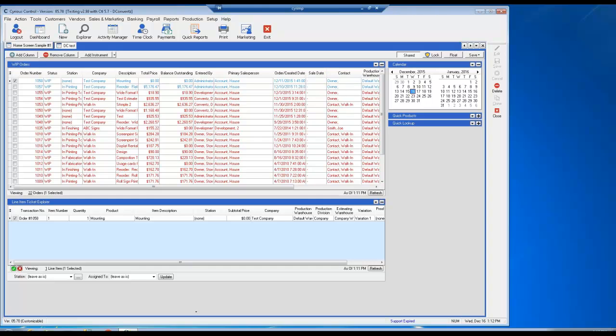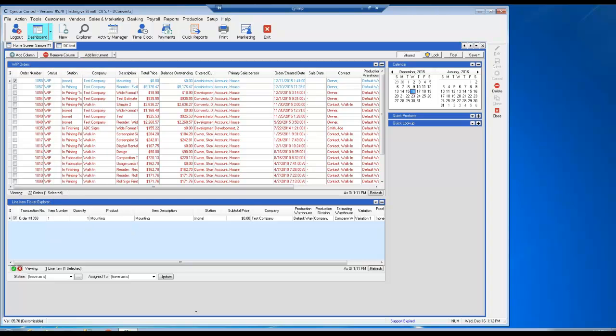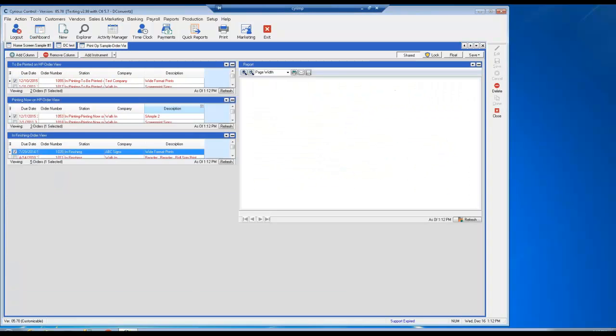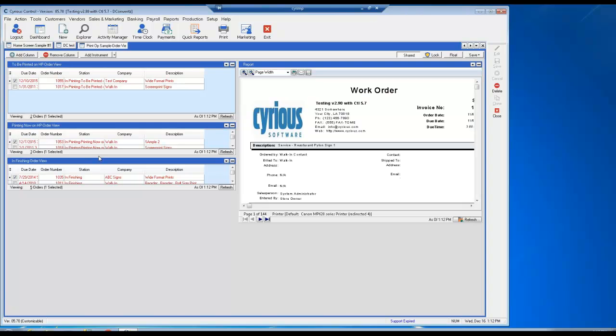Let's talk about how you can adjust some of the preloaded dashboards that already came with the system. I'm going to go ahead and open one of the print operator options here. We've got some preloaded dashboards here. So occasionally when you purchase Control and you're opening one of these dashboards, you may or may not